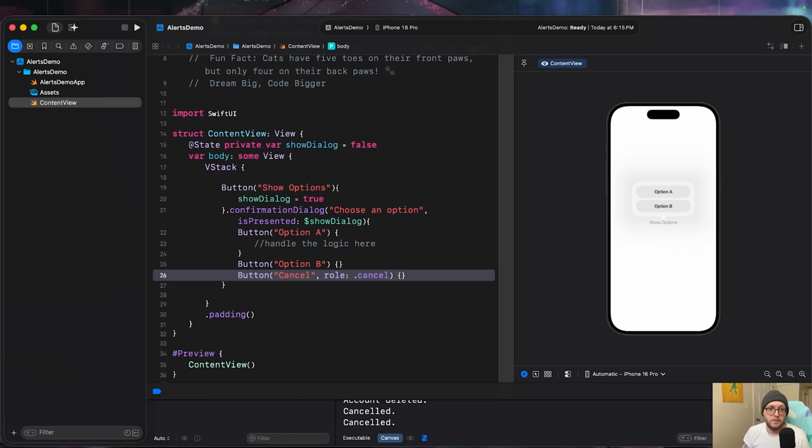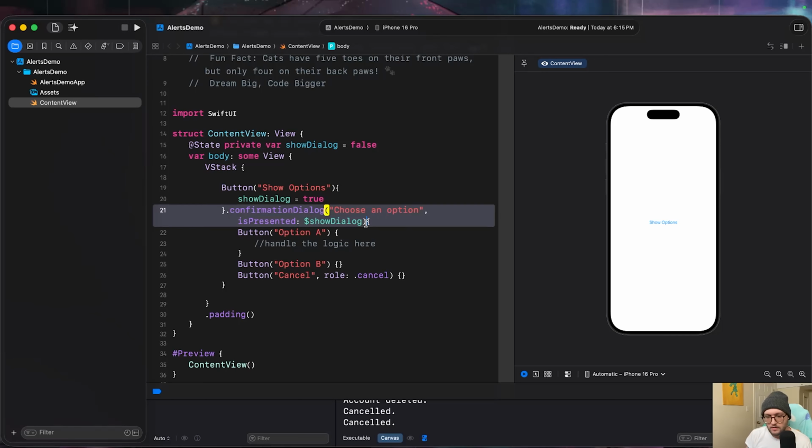For any minor feedback, you can actually use a toast or snack bar, and I'll be covering those in a future video, of course. Now, before we wrap up, you may be saying, hey NDC, we have this confirmation dialog, choose option, but when I press it, I only see option A and B. What gives? Well, we can actually add further customization as well. So what I would do is, after the dialog is presented, add a comma, and we can suggest the title visibility. Now we can choose it to be automatic, hidden, or visible. So if we're forcing this to be visible, we can see here,